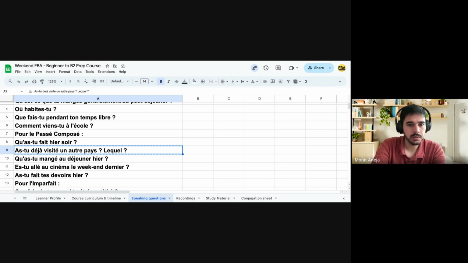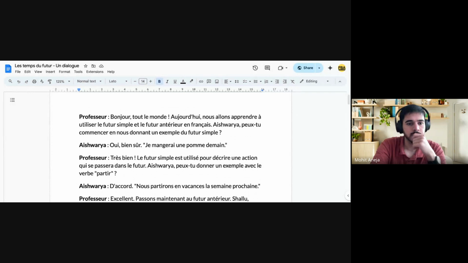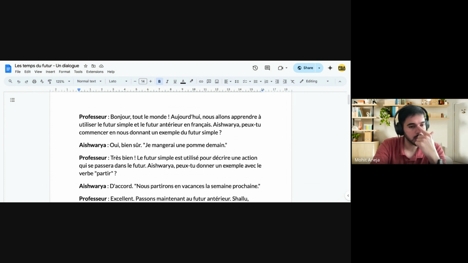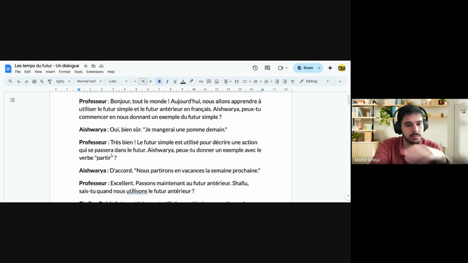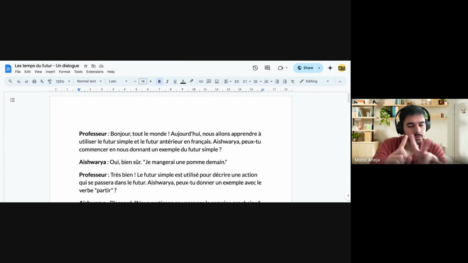What we're gonna do after this is the dialogue that we did yesterday. Shalu, we're gonna do it with Aishwarya today so that you get another practice and she also gets the practice of that. And you can practice your speaking. Okay, Aishwarya, to give you context, what we did yesterday was a dialogue between Hussein and Shalu, because I actually planned this for 4 people, but you will see 2 people repeating the same thing. That's okay. I'll replace your name, and you and Shalu can do this. So what we're going to learn with this is the use case for futur antérieur and futur simple.